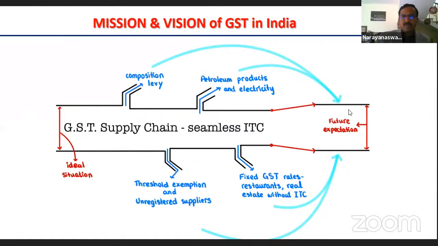But as we go along and stabilize, probably we'll reach the ideal situation. As I was mentioning to you, even though threshold exemption is available, more than half of the people who are eligible for threshold exemption have registered and started paying and operating in the mainstream, because the bigger people always look for availing the input tax credit. As a result, if I am not able to provide an invoice with input tax credit, my supplier may not be keen on me. So it will be a market-driven exercise, and the system will stabilize on its own. In the future, it is going to be much different.